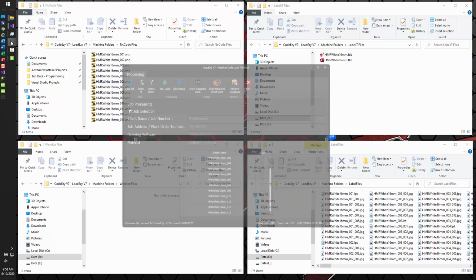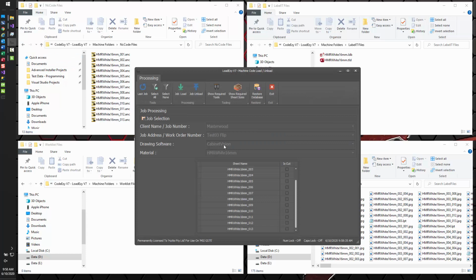So now we've proceeded through, and we have proceeded to cut or finish machining these sheets at the moment. So what we can do, we can either use the select all button to highlight all of those boxes, we can use the select none to empty those, but just for the purpose of the exercise, what we're going to do is we're going to say select all, and we're going to say that for some reason we haven't cut those last 3 sheets. So what we do now is we will click on this job unload button,